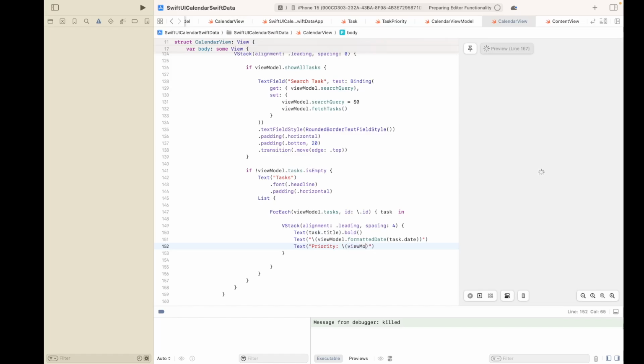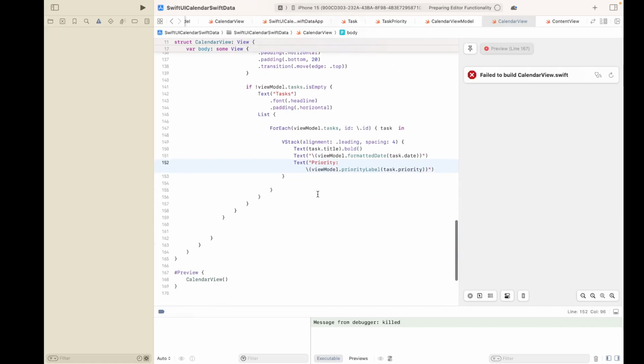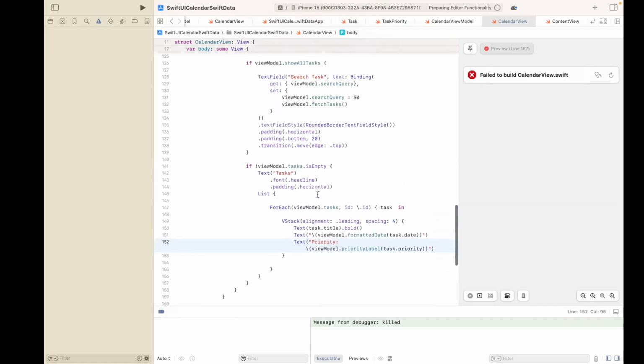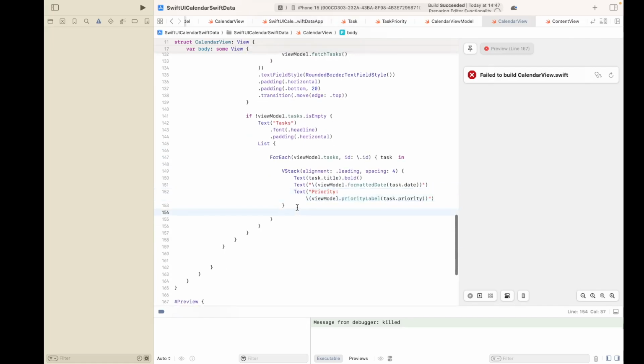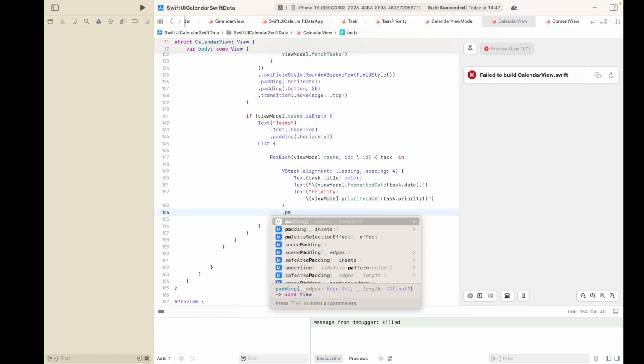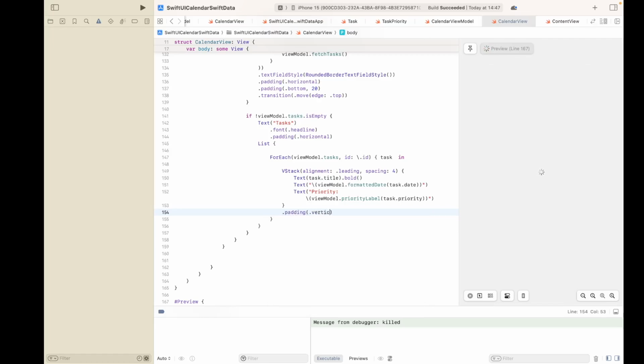View model dot priority, label, task dot priority, and then we need to add some padding, vertical 4, and we also need to add